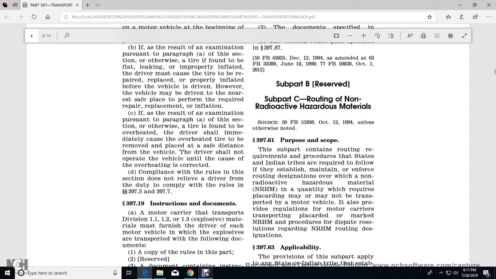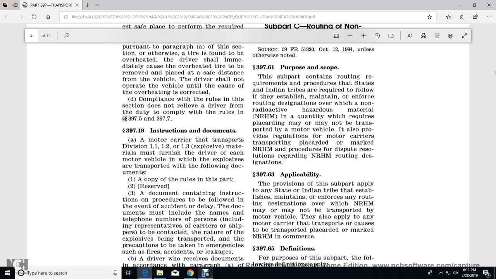Non-radioactive hazardous material, to produce a dispute resolution regarding non-radioactive hazardous material routing designation. 397.63, applicability: the provisions of this subpart apply to the state and Indian tribe that establish, maintain, and enforce routing designations over non-radioactive hazardous material that may or may not be transported by motor vehicle. They also apply to any motor carrier that transports or causes to be transported placard-marked non-radioactive